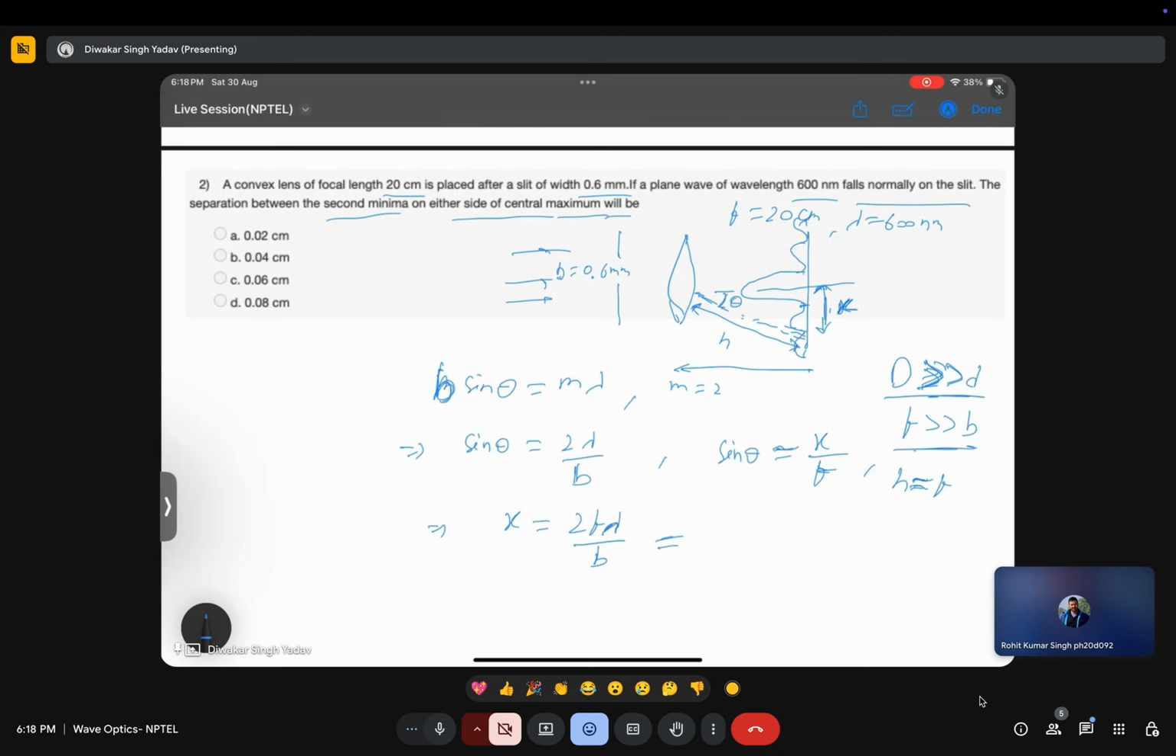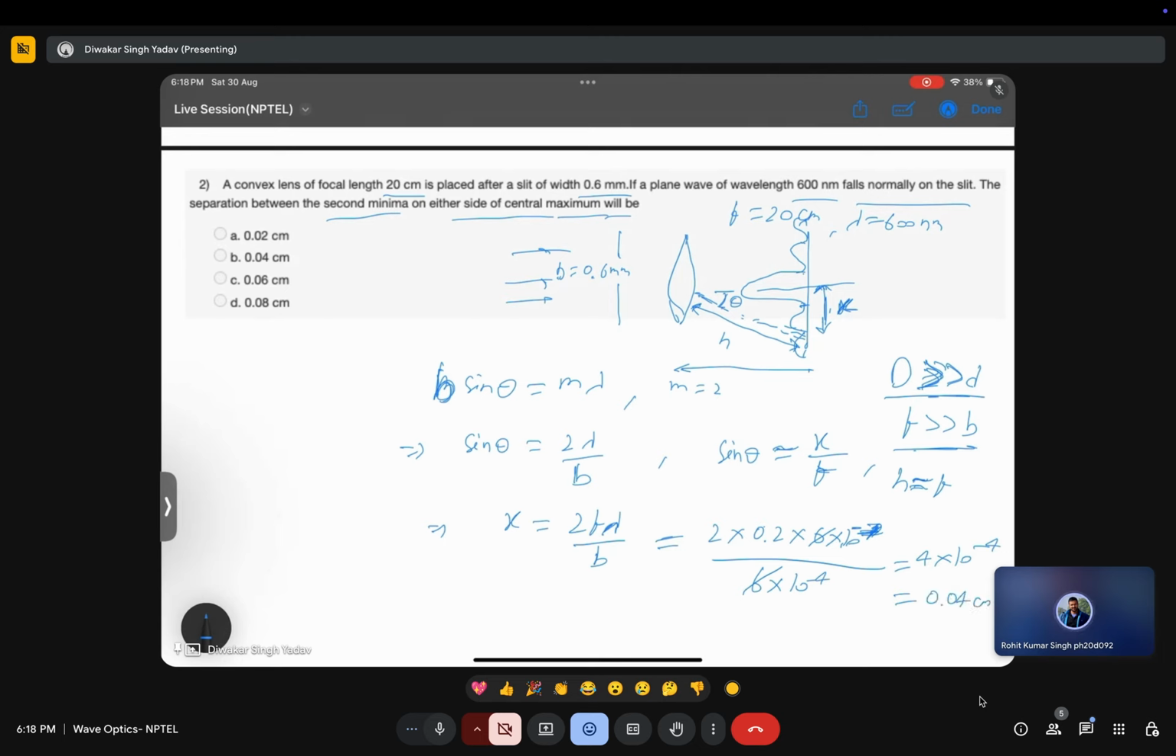Okay, yeah, so then you can just calculate it very easily. So 2 into 10 to the power 1, that is 20 centimeter, is 0.2 meter, into 6 into 10 to the power minus 7, divided by 6.6 mm, which is 6 into 10 to the power minus 4. 6 goes on. 4 into 10 to the power minus 4 is equal to